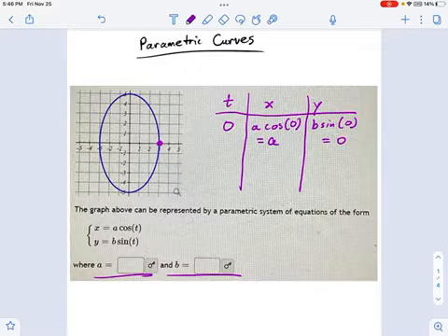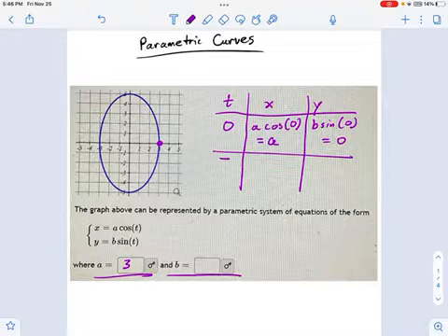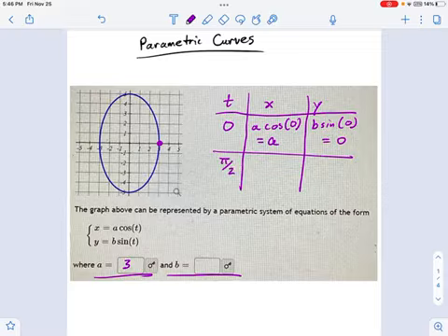You might also argue that it's over here, and yeah, I could see that, but I'll just say a is equal to 3. Now, if you say a equals negative 3, fine. It would be marked correct, but we'll just keep things simple. Now, what would be another nice value of t that I could choose? Well, we've already gotten into trigonometry a little bit, so let's pick a nice value that you remember from your unit circle. Okay, we'll do pi over 2.